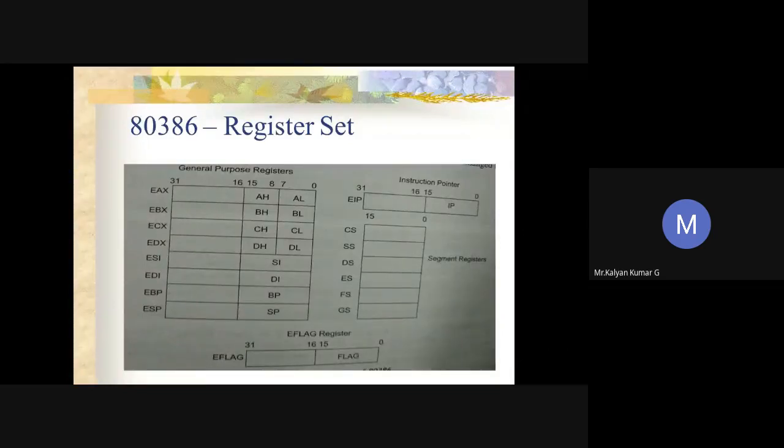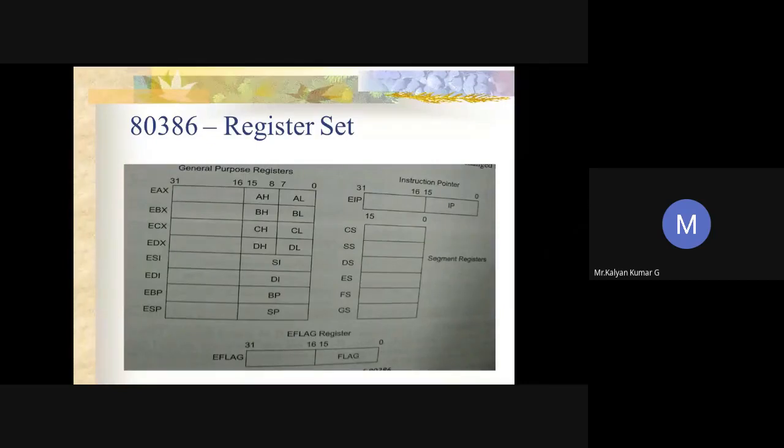So these are the different registers which are available. Apart from that, we have a base pointer, EBP for 32-bit and BP for 16-bit. What is the purpose of the base pointer? It is used as a pointer to base address in the stack segment. And then source index and destination index. Both are available in 32-bit and 16-bit: ESI, SI, EDI, DI. The purpose is index pointer for the source string and destination string respectively.